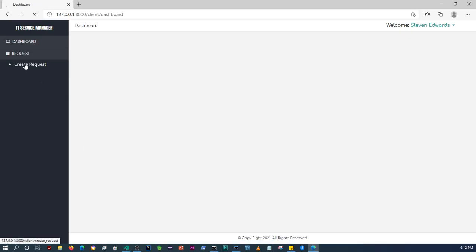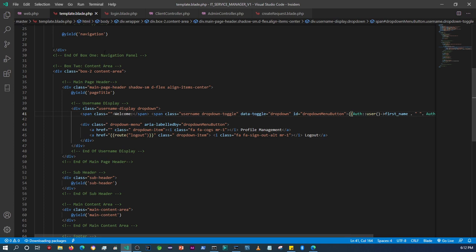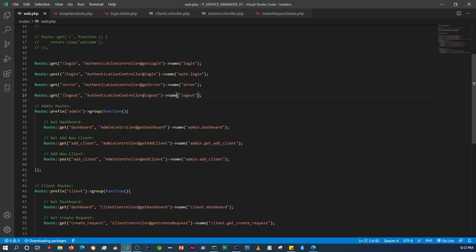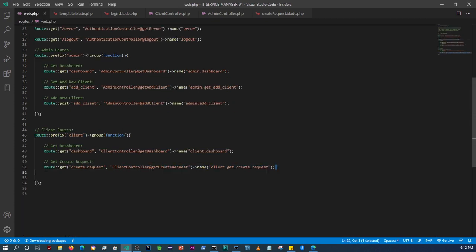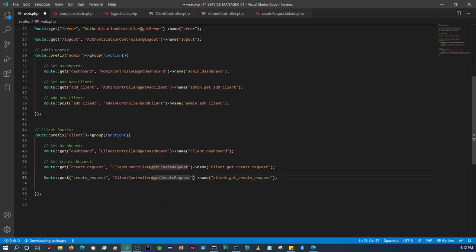of that create request form, which is this one over here. All right, so now what we need is here within the web, we're gonna create a post request. So this needs to change to post, and then we can just remove that. Instead of saying get, we can just say create request. We can remove that get over there as well. Then all we need is this name over here,